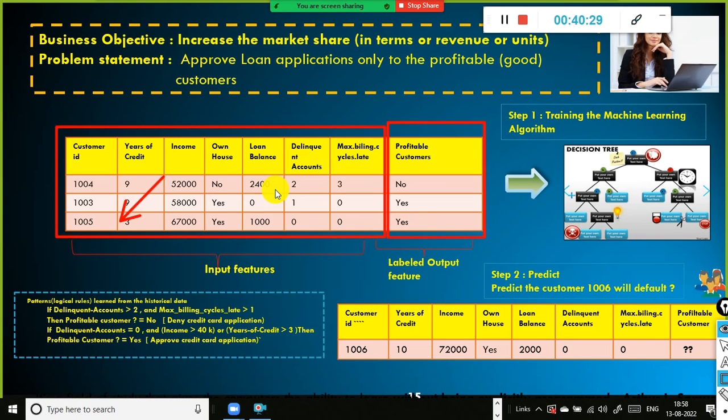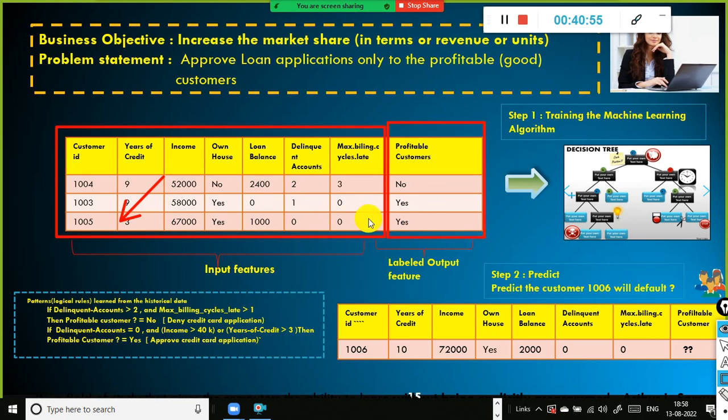See, in this case, a person already has a loan, and his income is low, and years of credit is 9. You just think, for 9 years he has a relationship with our bank, but still, this is a different pattern. He is not owning a house. Then he is not a profitable customer. So with the help of the input features, we are going to